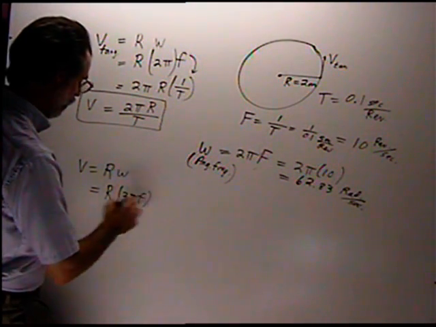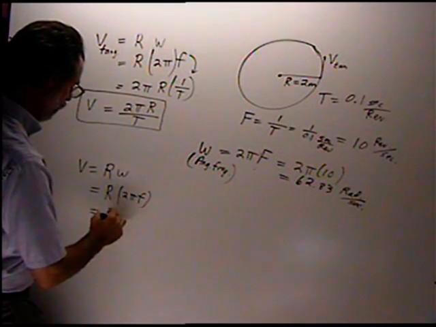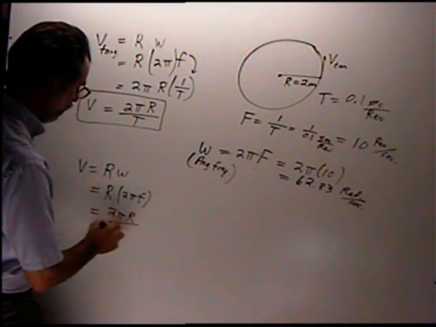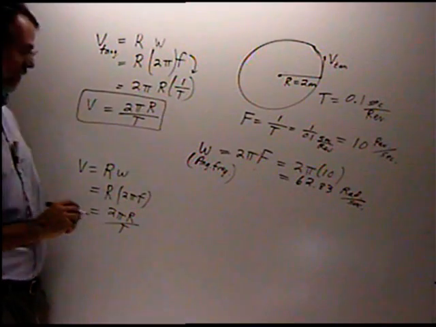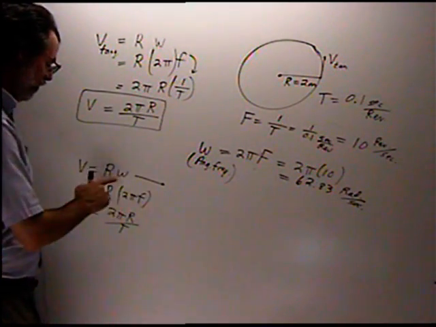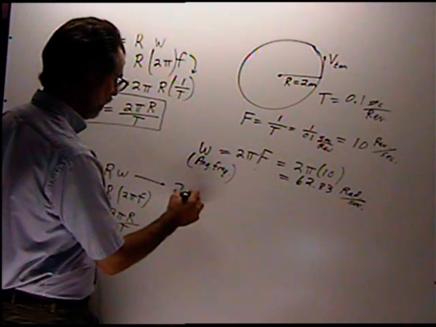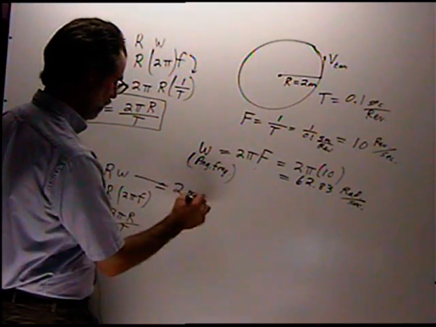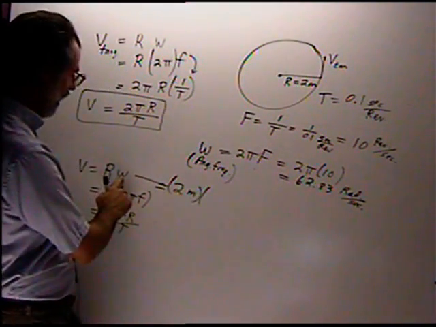We can also use 2 pi r over T. Any of these will work. Let's use this. The radius is 2 meters times the angular frequency